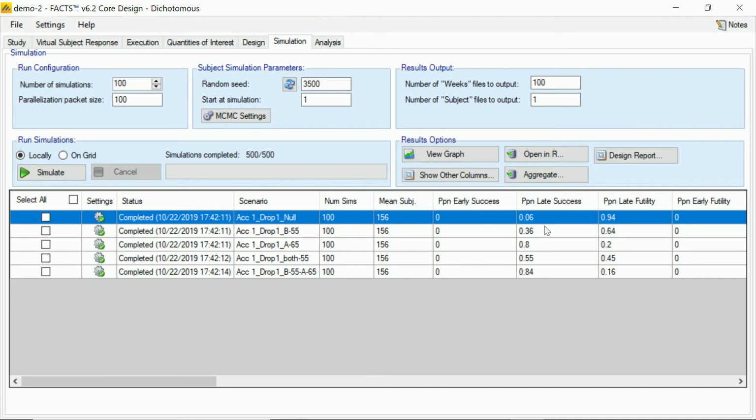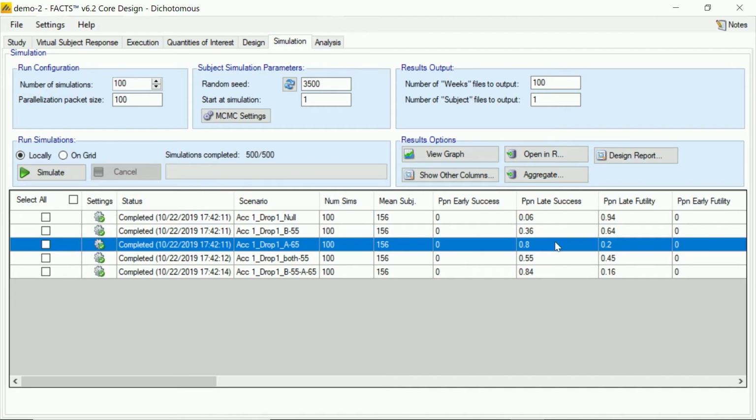You can see we've got fairly low power if just one arm has a response of 0.55, but if one has a response of 0.6, then even with only our 100, with our possible sampling error, we see we're bang on the expected power of 0.8. And if both arms work, we've got a little bit